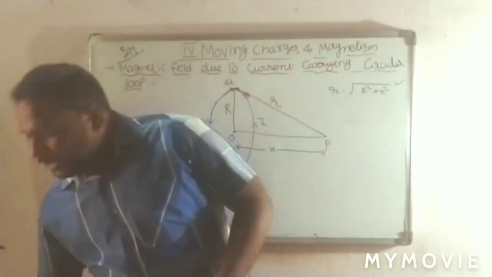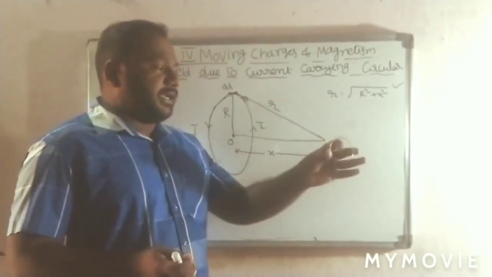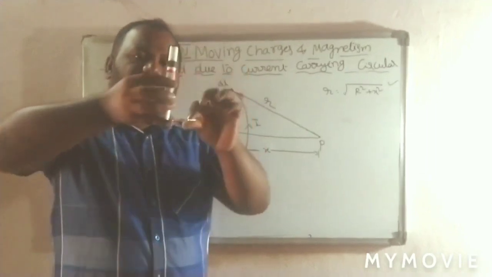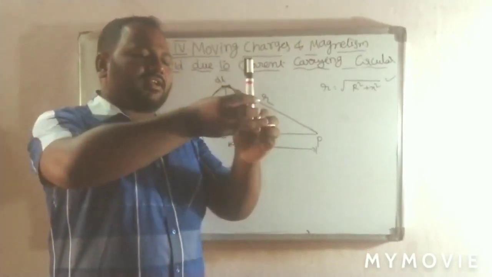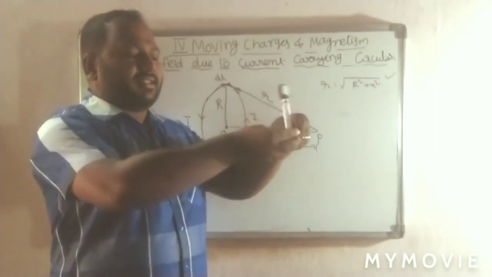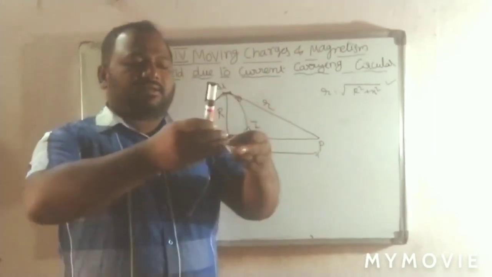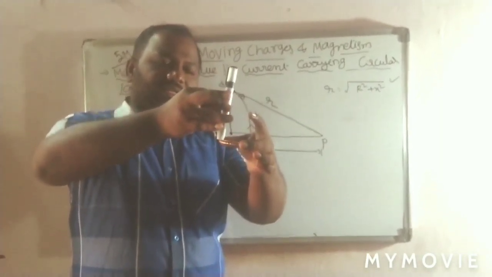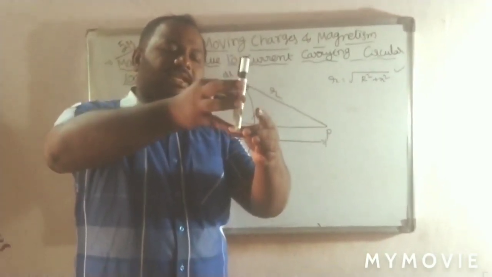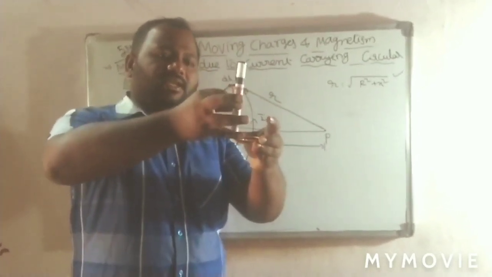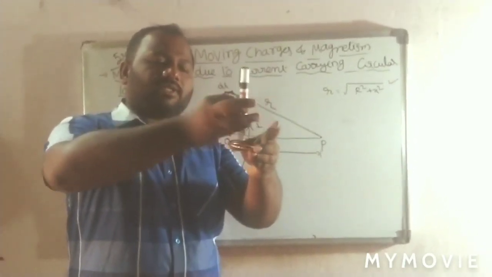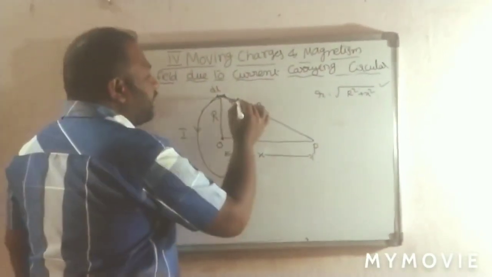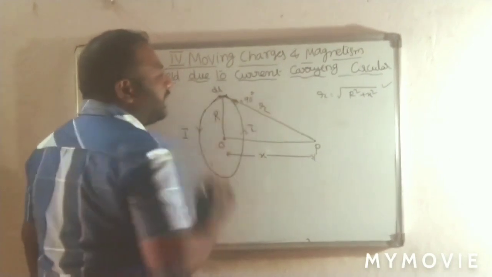So take this angle, it is the circular loop and it is the distance r. The angle between the distance small r and the circular loop is at any point 90 degrees. So it is always perpendicular to the circular loop. Similarly, here also theta is equal to 90 degrees.